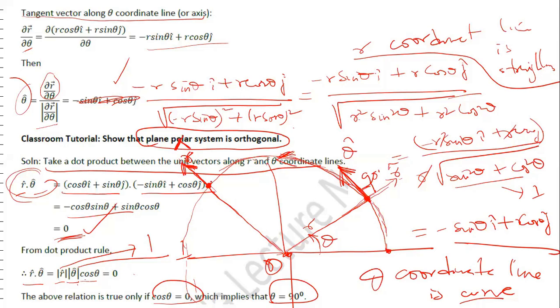At this point, if you take a tangent along the theta coordinate axis, the theta coordinate axis is like a circle. It's moving around in a curvature. So the tangent at this point will be pointing along this direction. Divide the tangent vector by the magnitude, then you get what is called theta cap, the unit vector along the theta coordinate axis. So at this point, your theta cap is pointing along this direction, and your r cap is pointing along this direction. But the orthogonality of this plane polar system means that